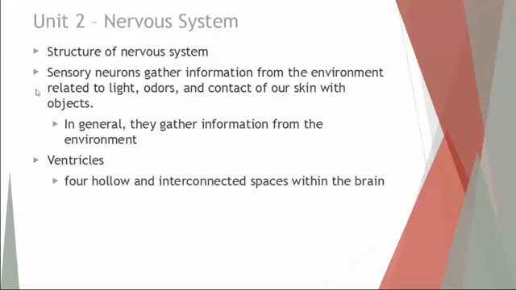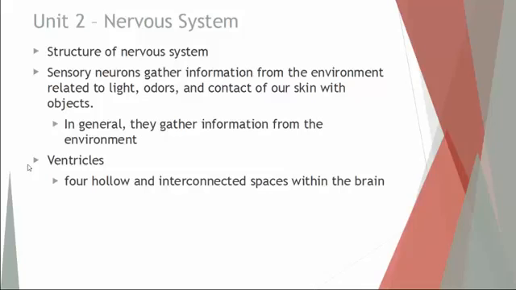You have various types of neurons. You have sensory neurons, motor neurons, and interneurons. Sensory neurons will gather information from the environment. So anything related to your senses. That's information taken from outside of your body coming toward your brain. So everything that you see, everything that you hear, everything that you touch or taste or smell, all that information has to be converted into an electrical impulse to be interpreted by the brain. That's where your sensory neurons take place. The reason why you're able to hear this presentation, the reason why you're able to see this presentation, is because you are receiving sensory information being processed by your brain.